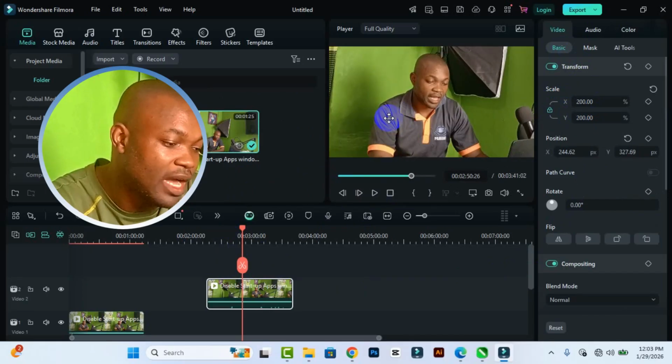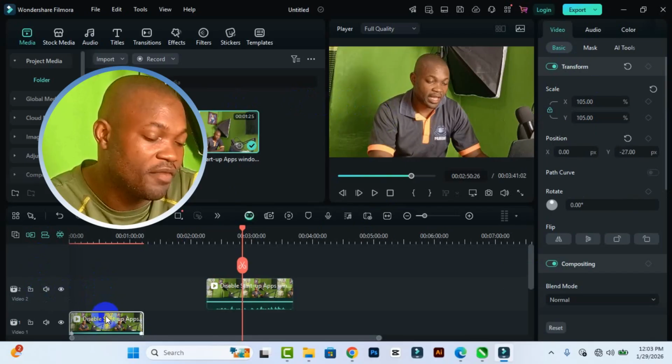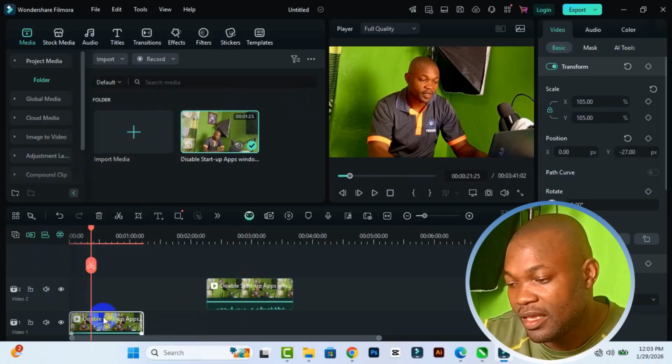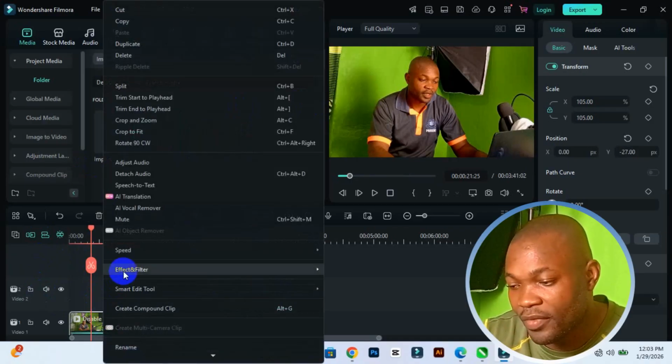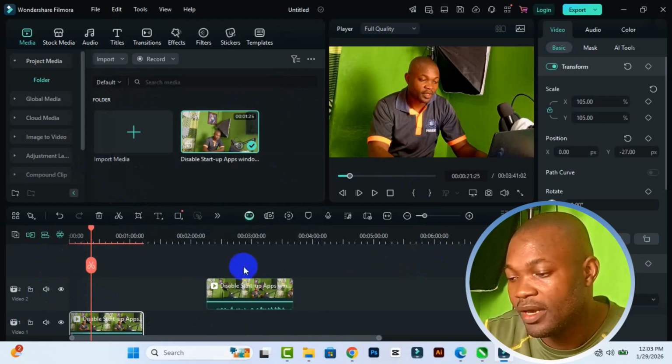How do we do that? Go ahead and select the clip. So this particular clip here is what I want to copy the filter from. Right click on the clip, then go ahead and select effect and filter, then go ahead and make sure you click on copy. So once you copied it, go ahead and select the new clip, right click on where you